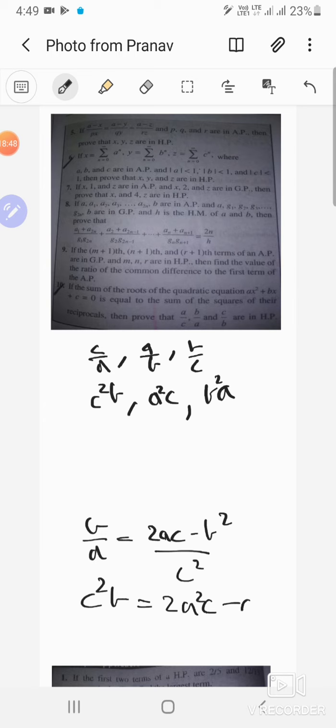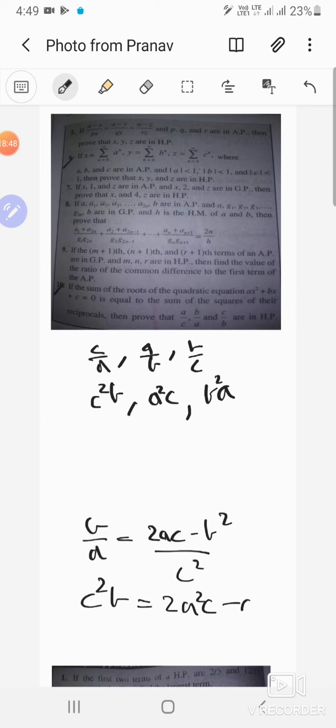So the next question is, if x, 1, and z are in AP, and x, 2, and z are in GP, then prove that x, 4, and z are in harmonic progression. Okay, cool. So these three numbers are in AP, which means that 2 times the middle term,